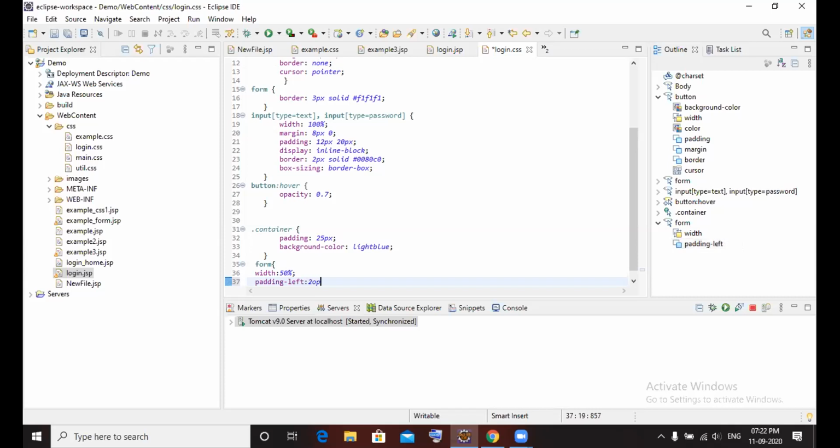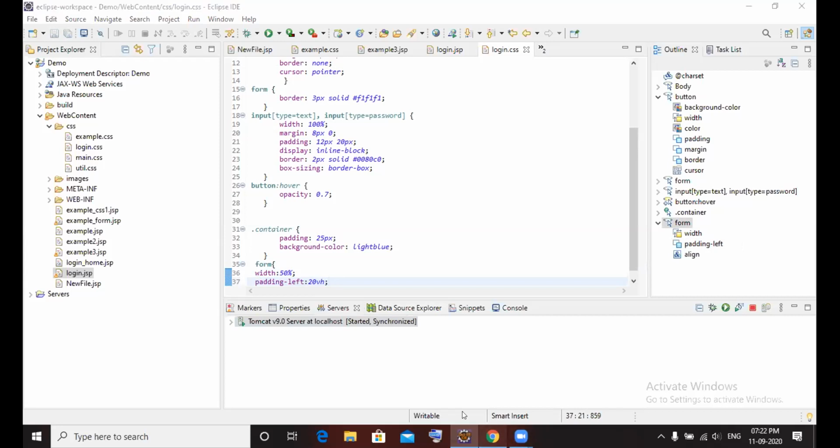Not v for victory, v for viewport height, 20 vh. Write it in the chat box. H for height. Yes, vh, then run it.